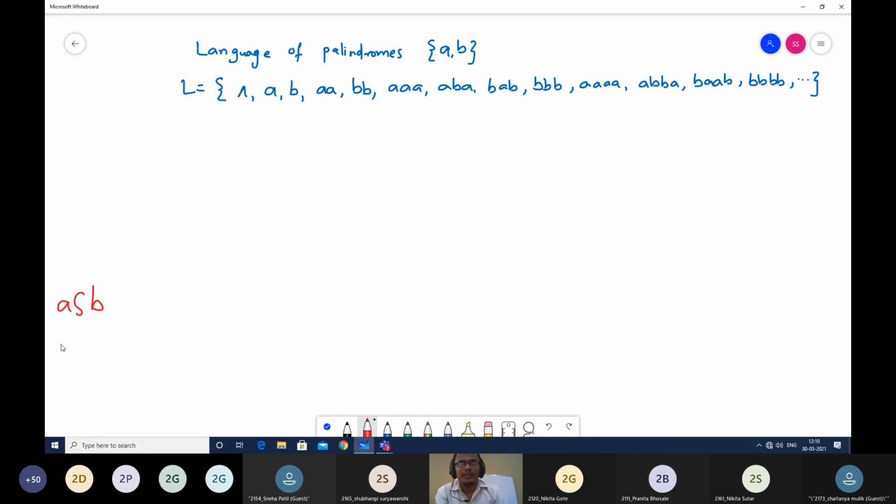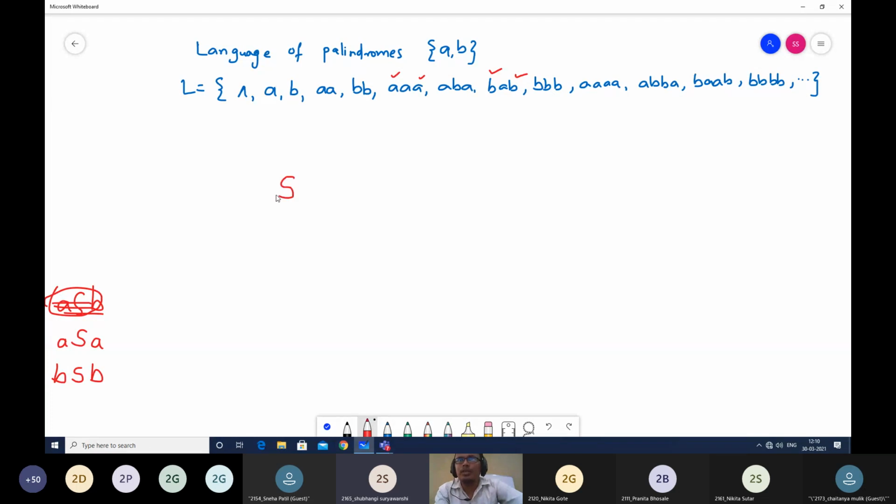Are you getting this? So here, recursion is something like this. Like in A raised to N, B raised to N, I was having a B for every A. But that cannot be applied here to a palindrome, because for every A, I have an A matching, or for every B, I have a B matching kind of situation over here. Is the first part understood? What do I mean by for every A, there is a matching A. For every B, there is a matching B.